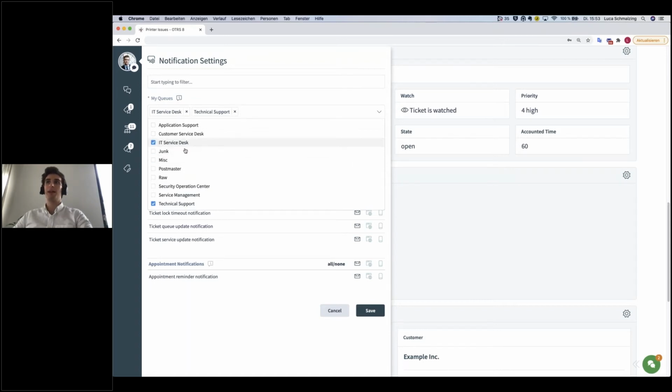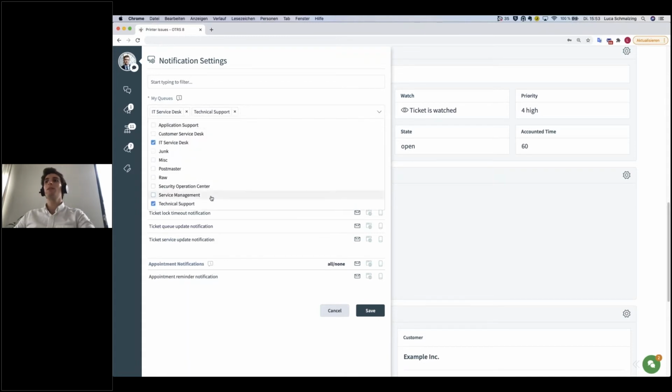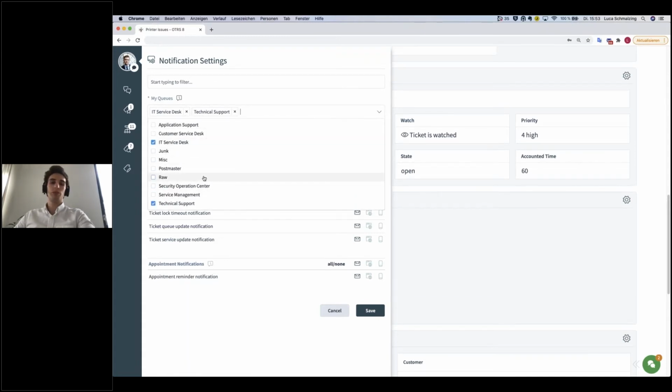So for example, in my case, it is the IT service desk and the technical support. So only if I've activated these queues, the notifications I've selected over here will be sent. Of course, you can only select between the queues where you have access, at least read only, because otherwise they won't be